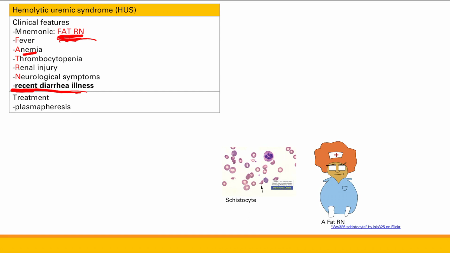Okay. And the key thing here is that hemolytic uremic syndrome is more of the renal and less of the neurologic symptoms, and we remember that because of the uremia. Uremia is from the kidneys, buildup of the urea. That's how we remember that there are more renal symptoms. Okay. And the way we treat this is with plasmapheresis.